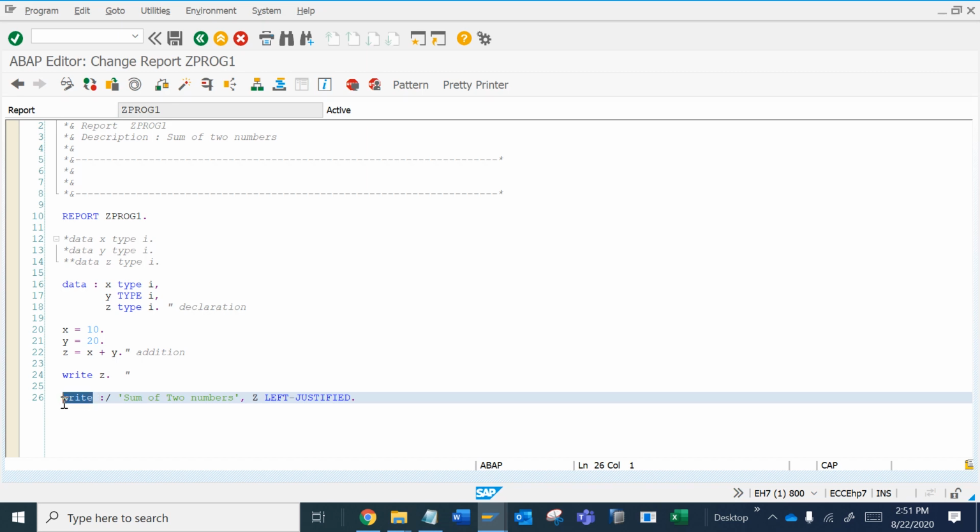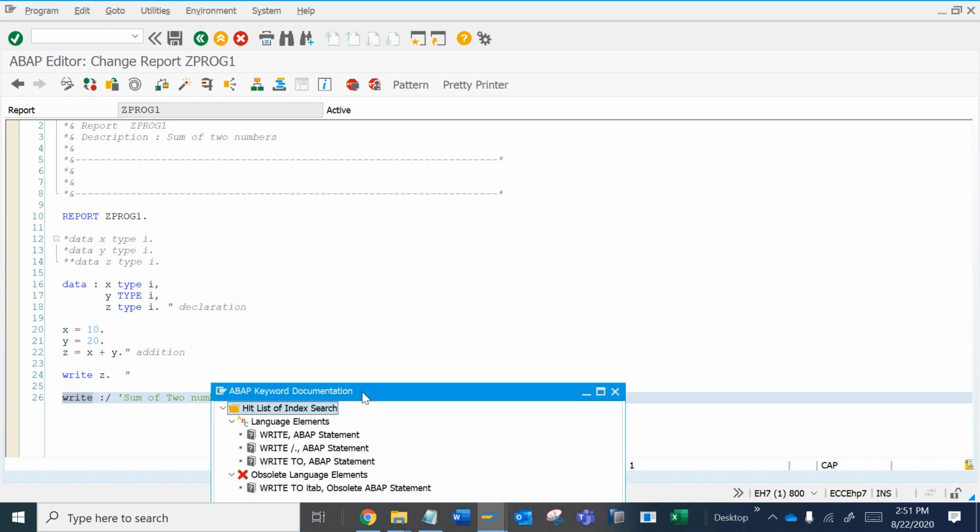We will select this and press F1. F1 is for documentation. If you want to check documentation for a particular statement or keyword, then select that word and press F1.